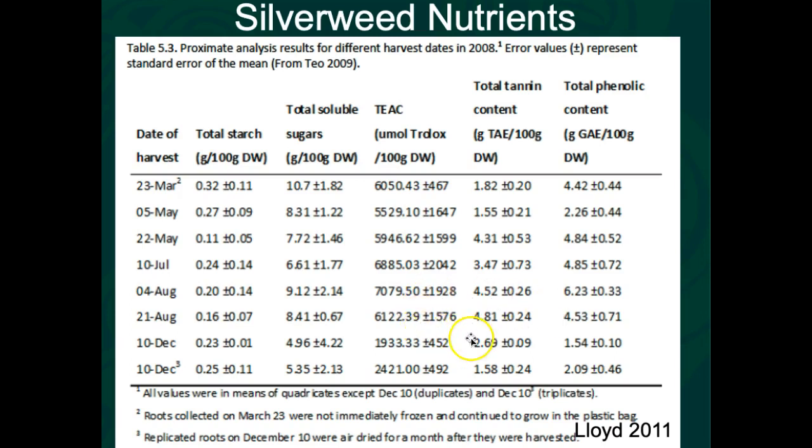What's also interesting is there is a reduction here in tannins from drying. So if we look at the December 10th sample that was harvested, frozen, then sampled, compared to the sample that air dried for a month, there's a significant drop in tannins. Now traditionally, Pacific silverweed would have been harvested more in that late fall, early winter time frame. Going into winter, it would be a staple that would be heavily used throughout the winter. So the roots would be harvested and dried, then rehydrated and cooked, cooked low and slow, which also has the effect of breaking down the tannins, but also the act of drying it and storing it may also have helped to reduce those tannins. So that kind of makes sense that you would harvest it when tannins are the lowest,